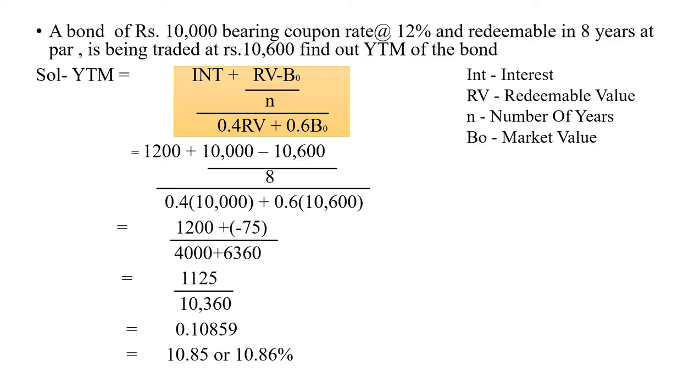So 1200 plus into minus, so 1200 minus 75 is 1125, divided by 10,360. How 10,360? 4,000 plus 6360. So 1125 divided by 10,360 we got as